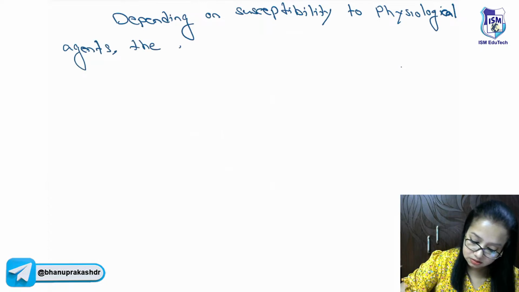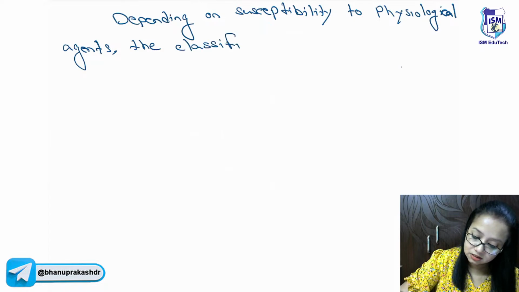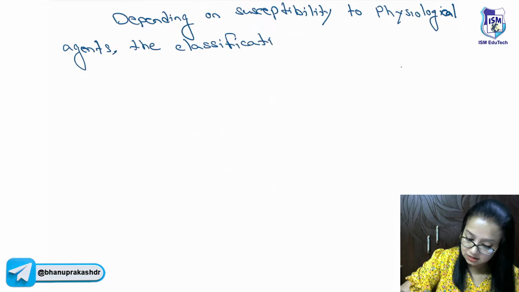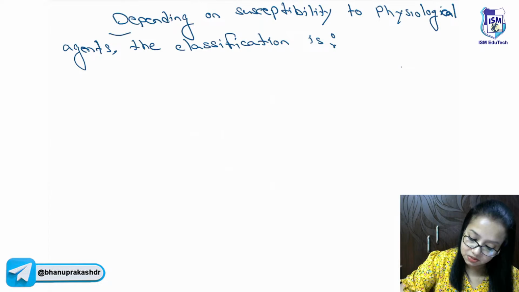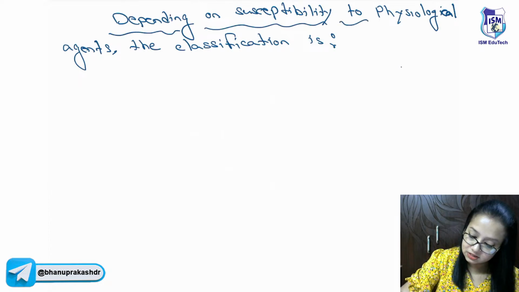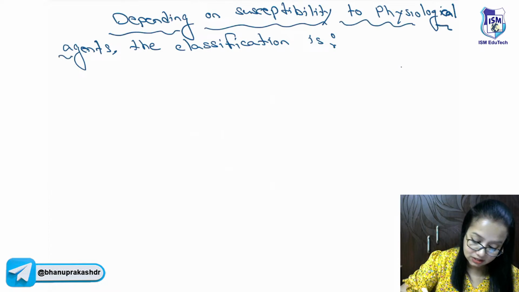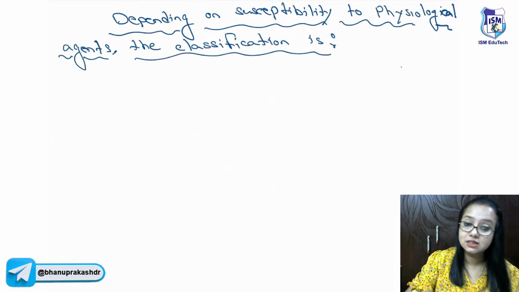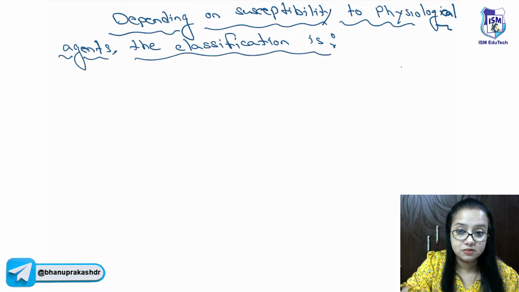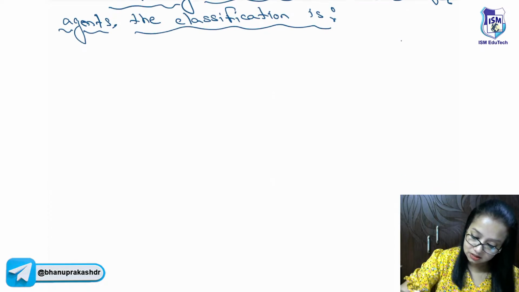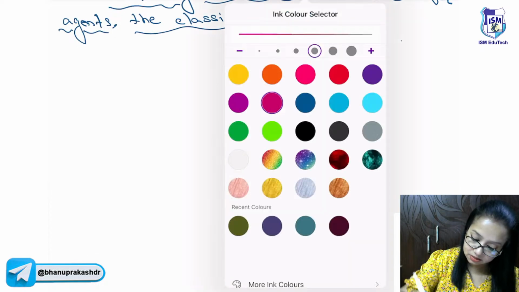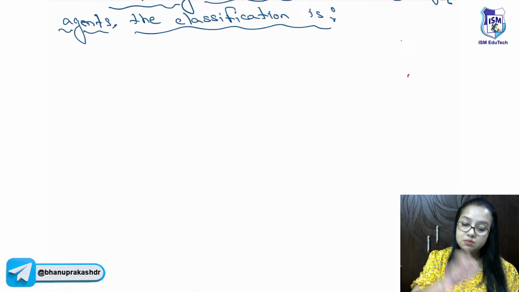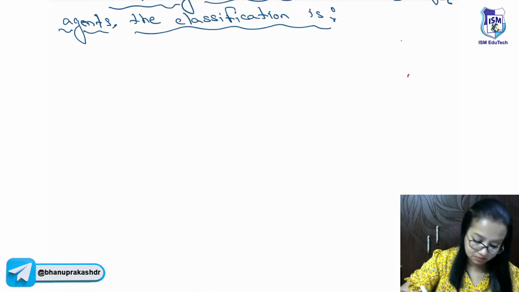The classification is, okay, depending on the susceptibility to the physiological agent, the classification of this ABC nerve fiber is from most susceptible to less susceptible condition, like